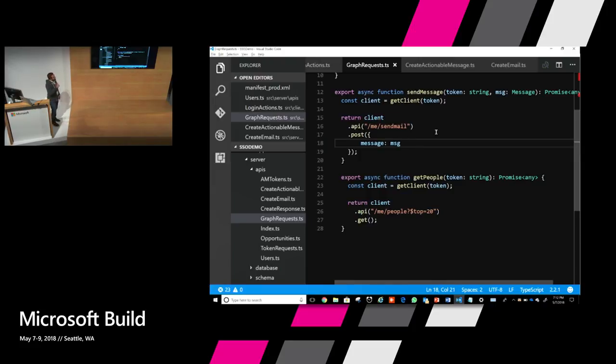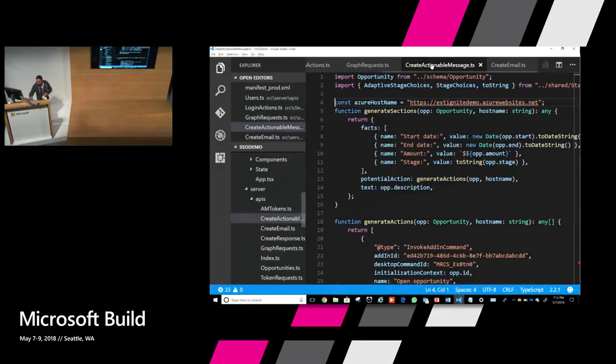But it actually did another thing. It took the opportunity metadata, converted it to an actionable message markup, and inserted that into the body of the email. This shows at a high level the adaptive card markup that was inserted in the mail.